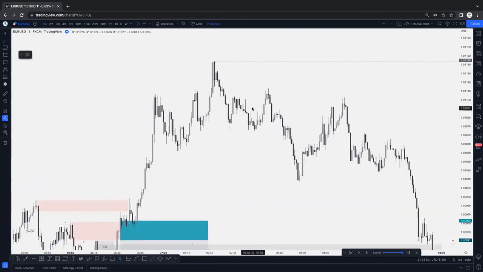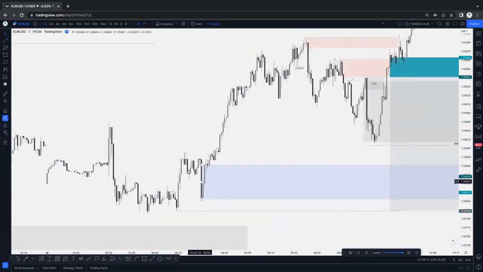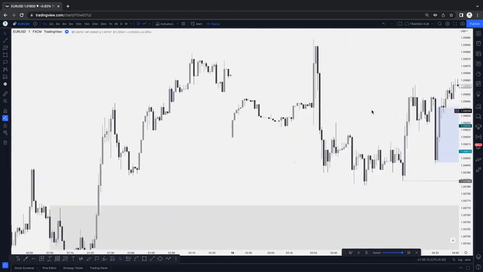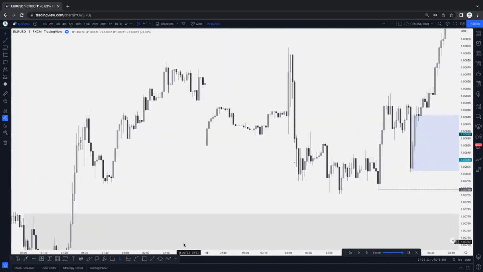there is no example here. Here we can mark this one. This is not a POI, but I'm giving you like this. For example, there is a demand on the left side, and market simply breaks this minor structure here. So we can consider this a valid chop. Why? Because market tapped your higher time frame POI, and you can take a decision for the buy. Correct. You don't need to wait for the candle closure.